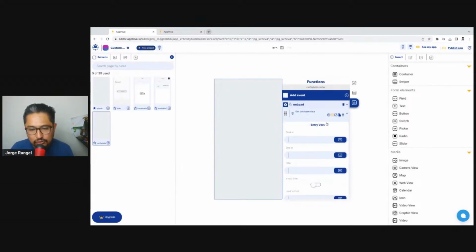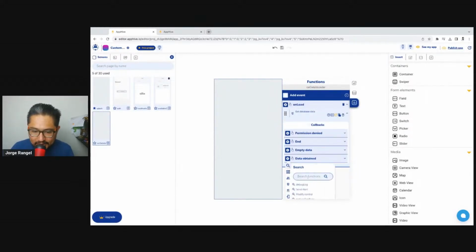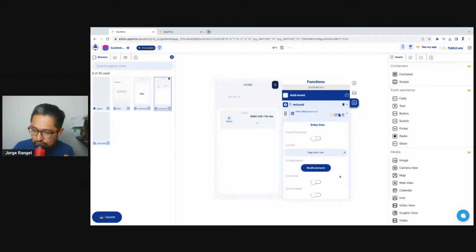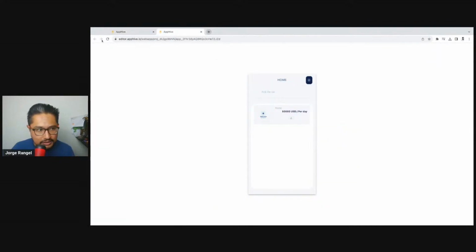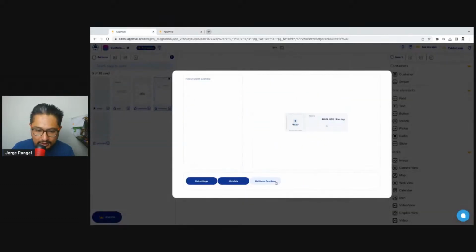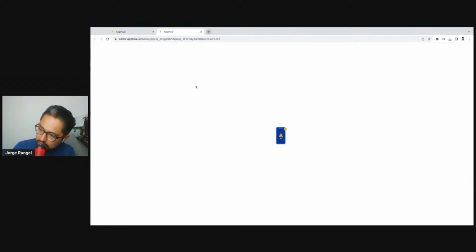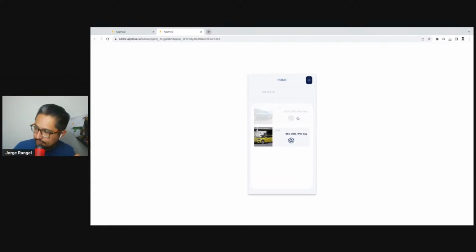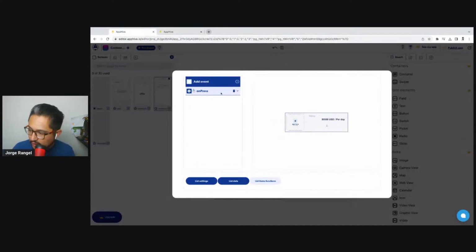Okay, now let's go to the callback for the data obtained, and let's put a debug log here in order for us to check if the car details are actually there. Now what we need to do is return to our list, and here in the add collection, remember we are creating the list of cars that is shown to the user when the application is running. So we have to go to this section right here and select the container that represents the item, and let's add an on press event. Why? Because with that we can click on the item. When we click on it, let's replace the page,